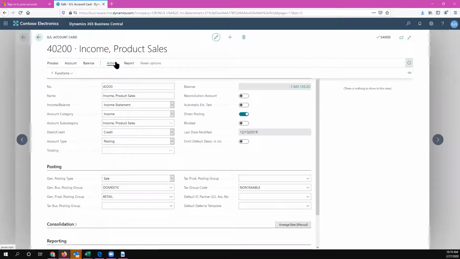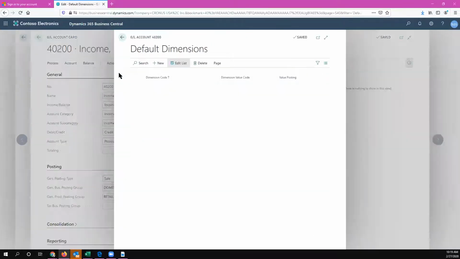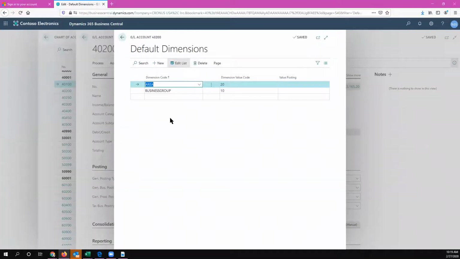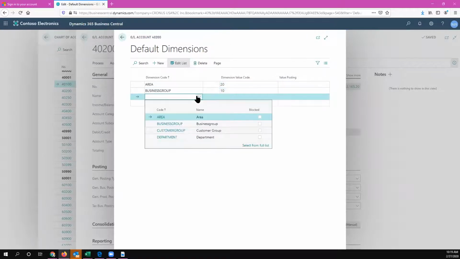And one of them, most importantly for today's session, is that I can generate the dimension that this account will be using only one specific type of dimension. Okay, area and business group only. All right. So for me, it's very important that